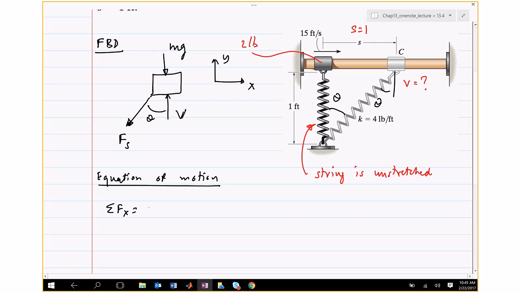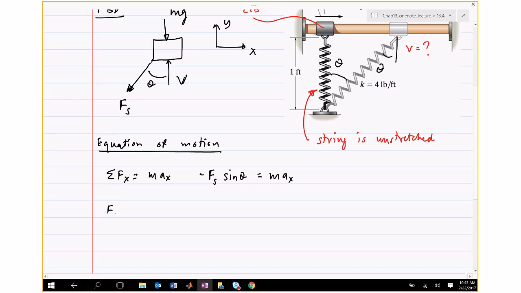Fx is mass times acceleration in the x direction. So the net force in the x direction is Fs, the spring force, as I've shown it, times its component in the x direction. So it's Fs sine theta, and the force is in the opposite direction of motion. So it's negative. It's in the negative x direction. That is equal to mass times Ax. Okay, so I know the mass. I need to find what Fs is and what sine theta is. So Fs is